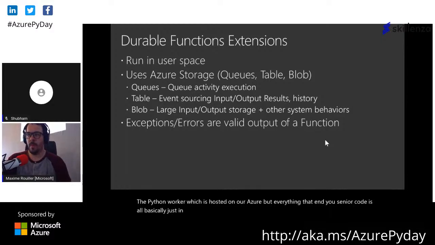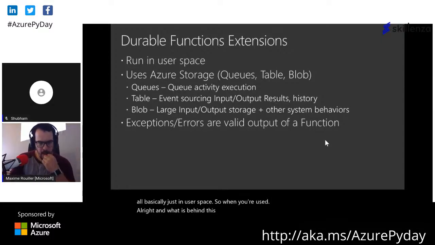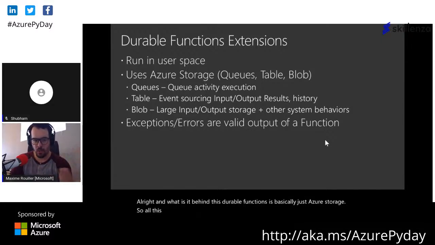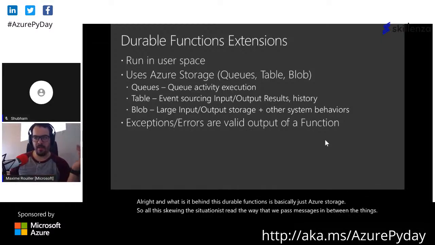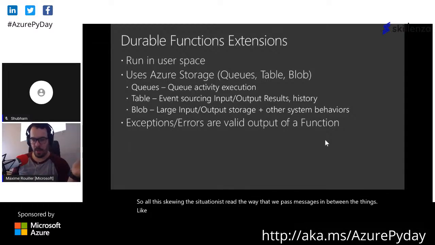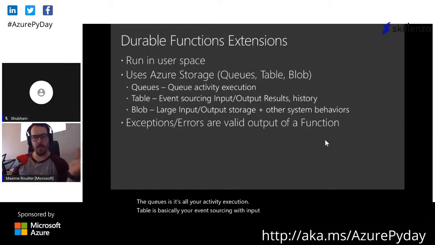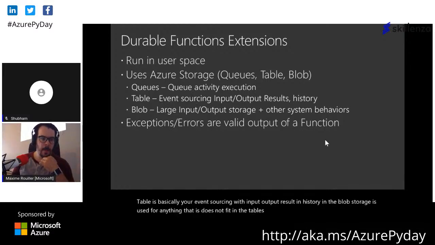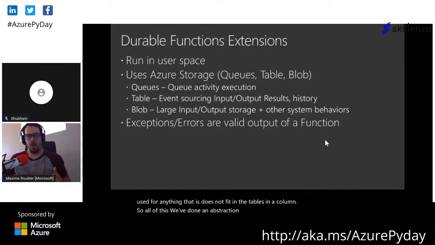All right, and what is behind Durable Functions is basically just Azure storage. So all this queuing, this execution history, the way that we pass messages in between the things, like the queues, is all your activity execution. Table is basically your event sourcing with input, output, result in history. And the blob storage is used for anything that does not fit in the tables in the column. So all of this, we've done an abstraction for you,